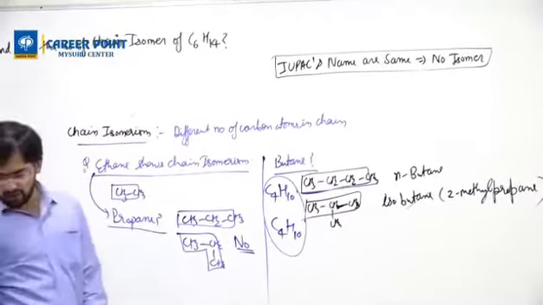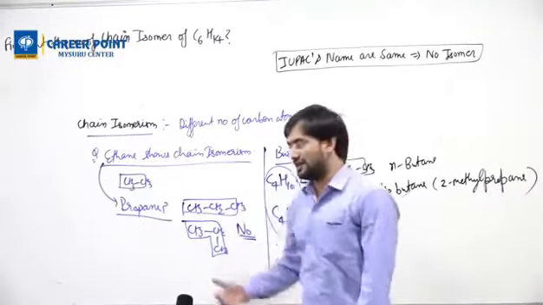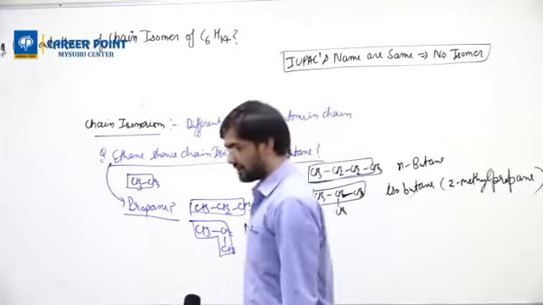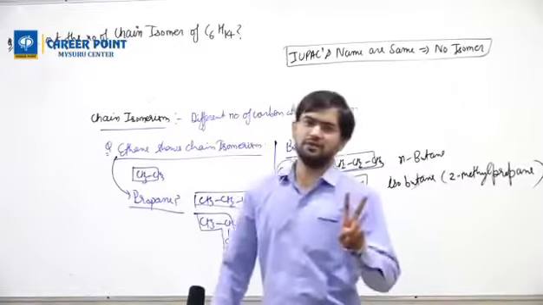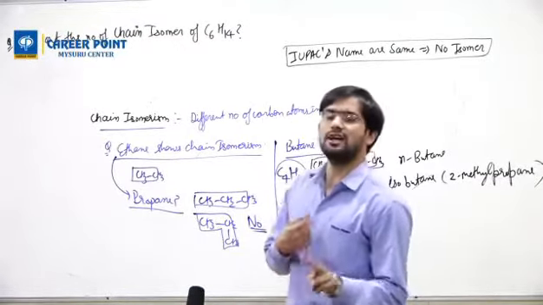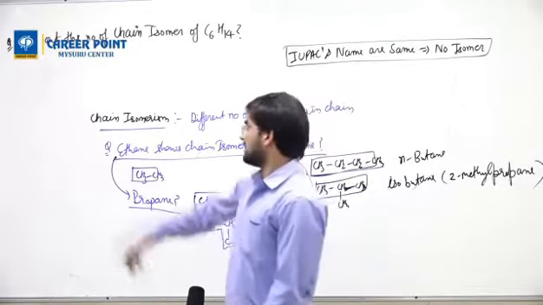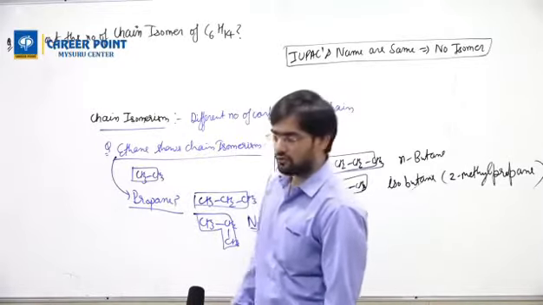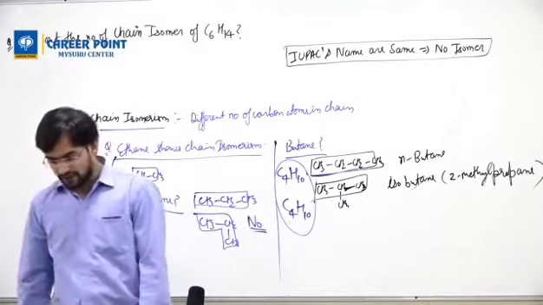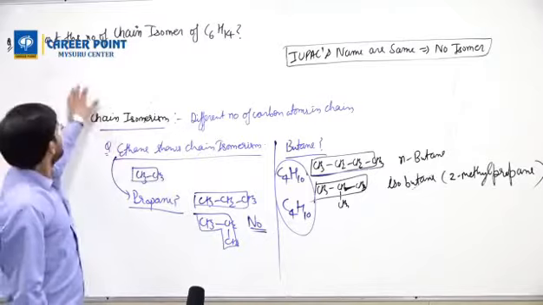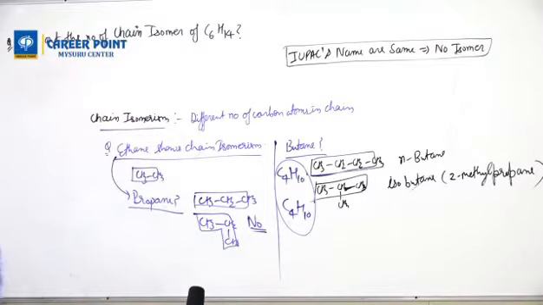Sir, is there any formula to calculate the number of isomers? Sir, in summer we'll go as I teach theory. That time you will get formulas. Not all places we can use formulas. There are 2 places where we can use formulas: one is geometrical isomerism, and one is optical isomerism. In structural isomerism, there is no formula. We have to actually draw them and then count them. Doubt clear? So next is find out the number of chain isomers of C6H14. Try to find this.